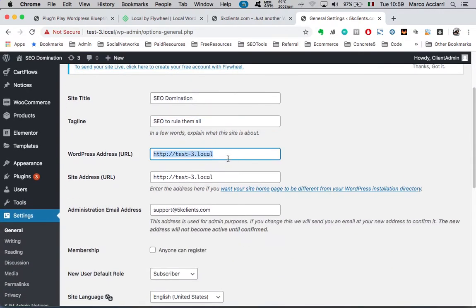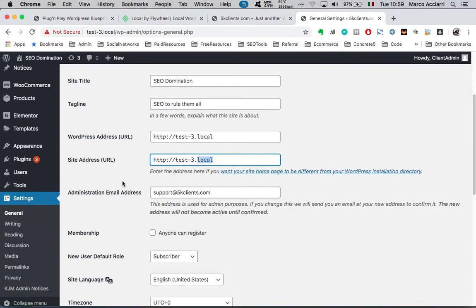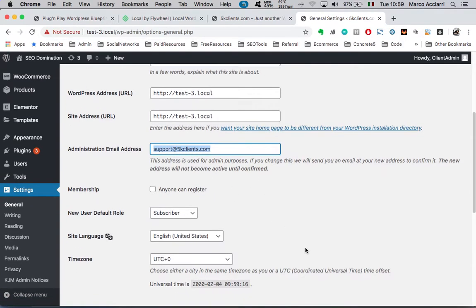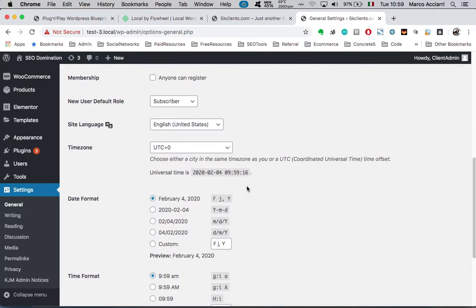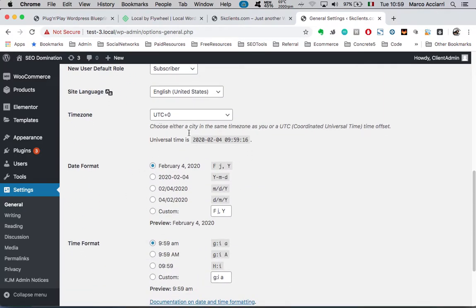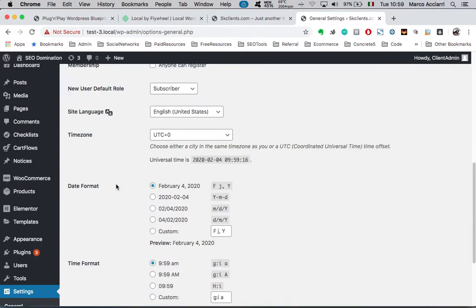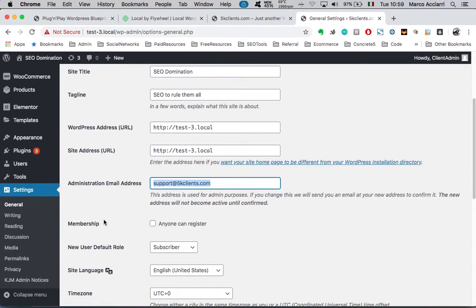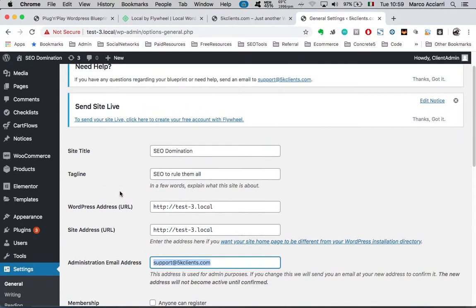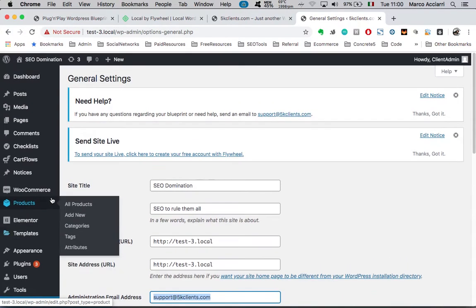Do not change this. WordPress will take care of this, so you don't have to change this. You do have to change the email. As always, you will have to confirm the new email address and set in your time zone and update the date and time format, and then save changes as always, okay? Now, once we have done that, what we have to do is